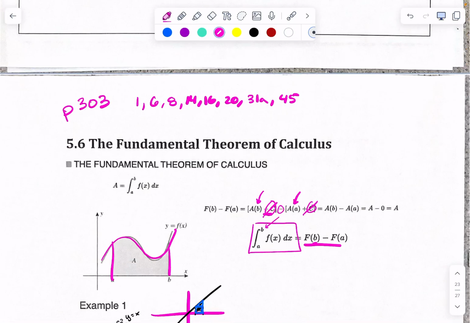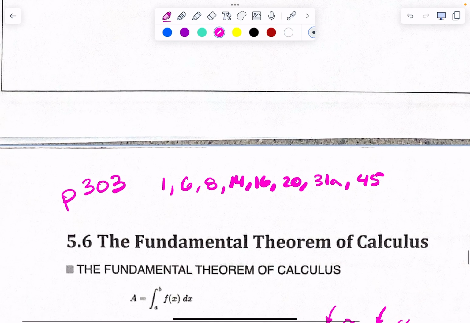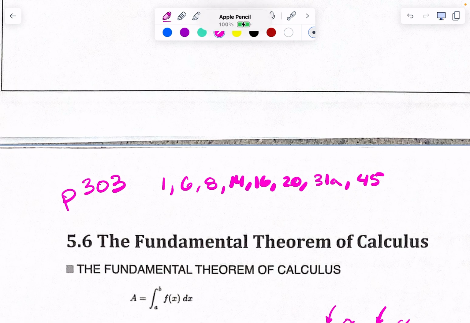I don't know where we're at. 168. Yeah, if you want to. 1, 6, 8, 14, 16, 20, 31, just A, and 45. There you go. Can I go see if I have my